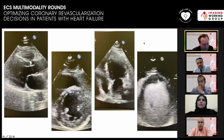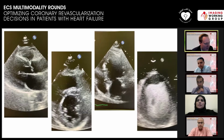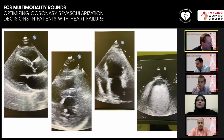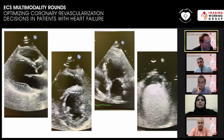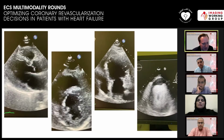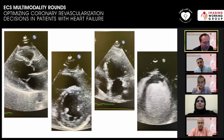Yeah, so I think as was said, it's a bit of a leading or rhetorical question, in that I don't think there really is a role, which I think is what you were getting to, at least clinically. There may be some research studies where looking at size of infarct can have prognostic value. But in terms of day-to-day clinical decision-making, I don't think the viability assessment comes into play in the setting of